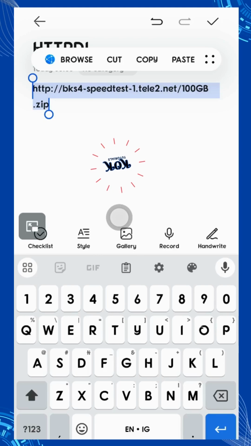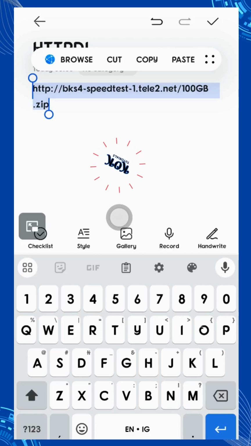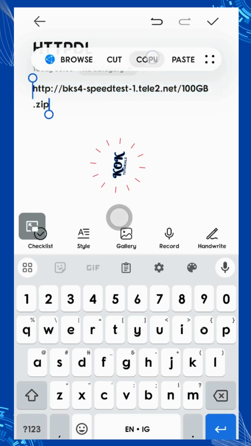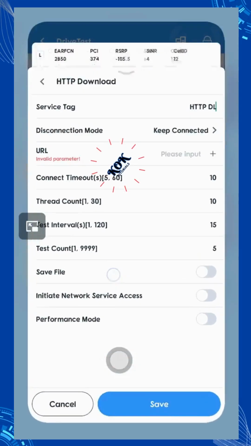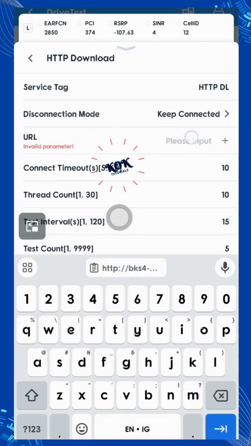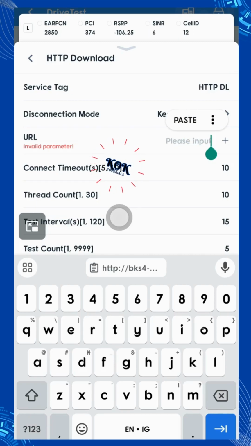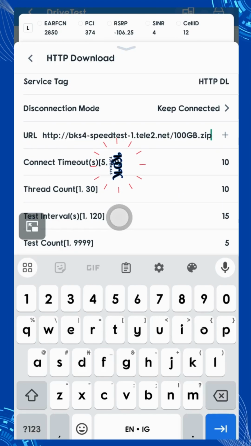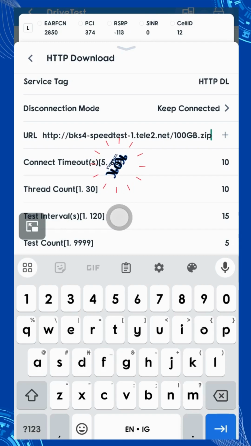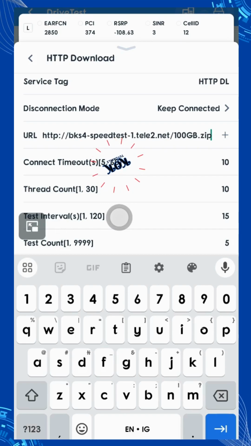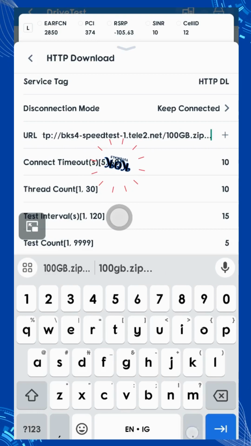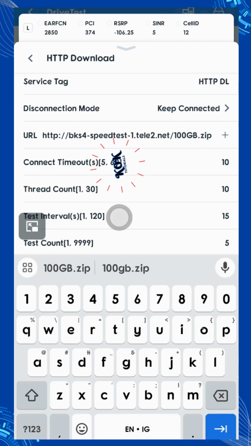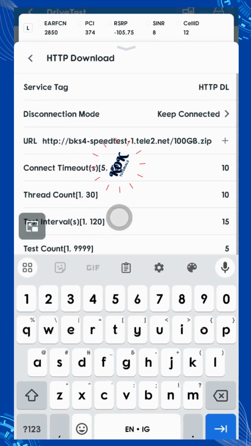Warning, GPS lost. And I have the ability to download up to 100 gig from this particular URL. So I'll copy and then I'll press and hold and paste. Now you can see, because if your URL is not correct, it will be red. For instance, if there are issues on the URL, you find out that the PHU will alert you that your URL is not correct. So we'll use that for now. Then